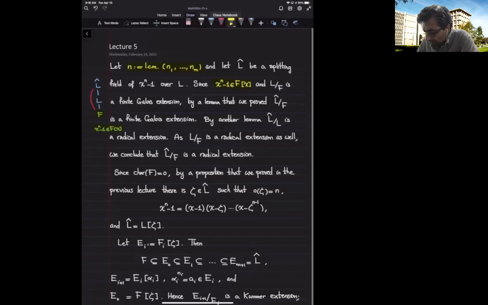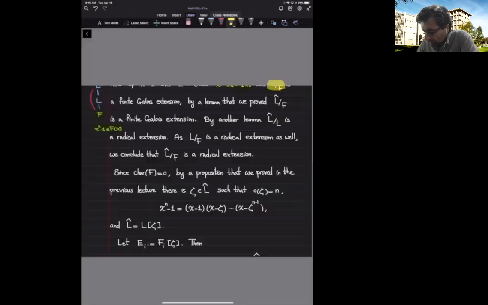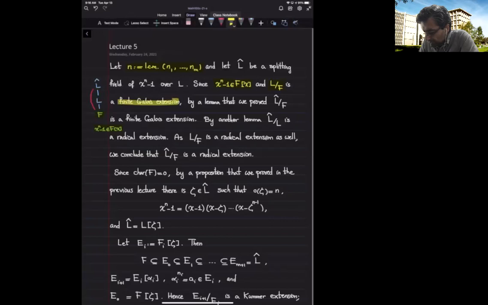Because characteristic is 0, x to the n minus 1 is inside F bracket x, and L over F is a finite Galois extension, we deduce that L hat over F is a finite Galois extension. Again, the lemma tells me that it's a finite normal extension, but characteristic is 0, so we can deduce that it's a finite Galois extension. Okay, so L hat